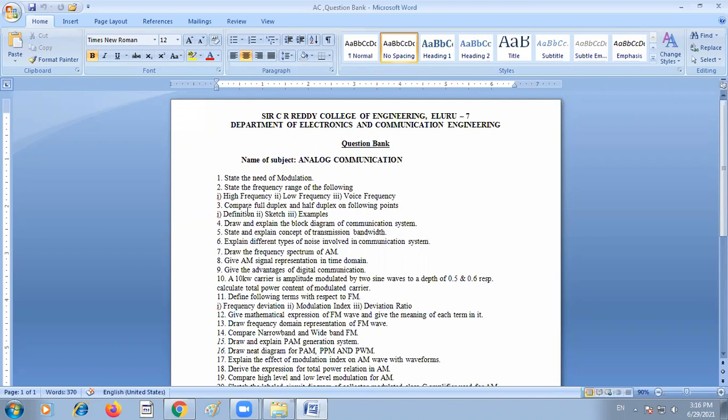The fourth one is: draw and explain the block diagram of a communication system. What is the communication system? A communication system consists of a transmitter, a channel and a receiver. So this is the communication system. Now, at the transmitting end, there is a